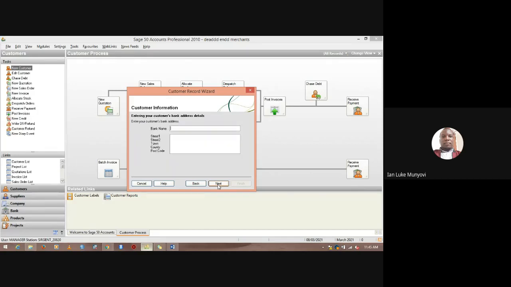bank details. So you're capturing the bank details that the customer uses to pay you. If you're dealing with customers who pay you via bank, you capture their bank details on the customers' bank address details, as well as bank account details. If you click next, you'll see bank account details. Then next,